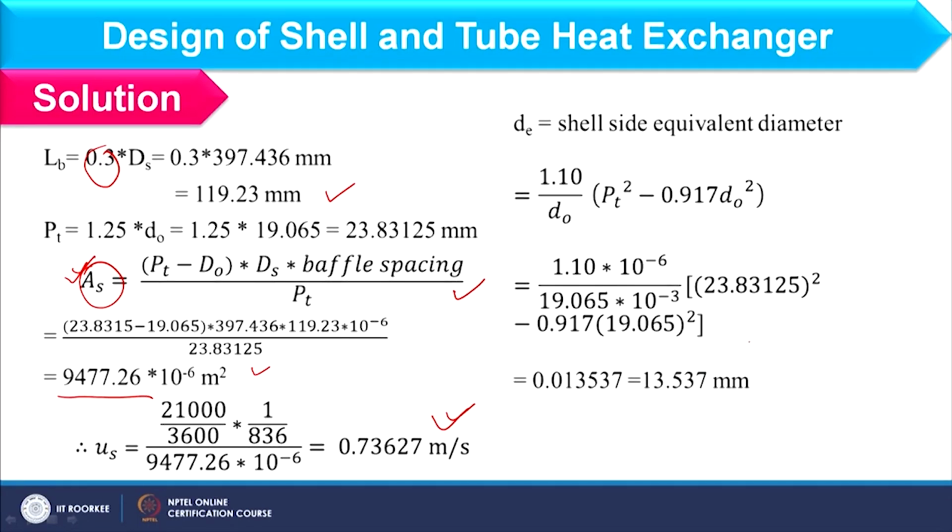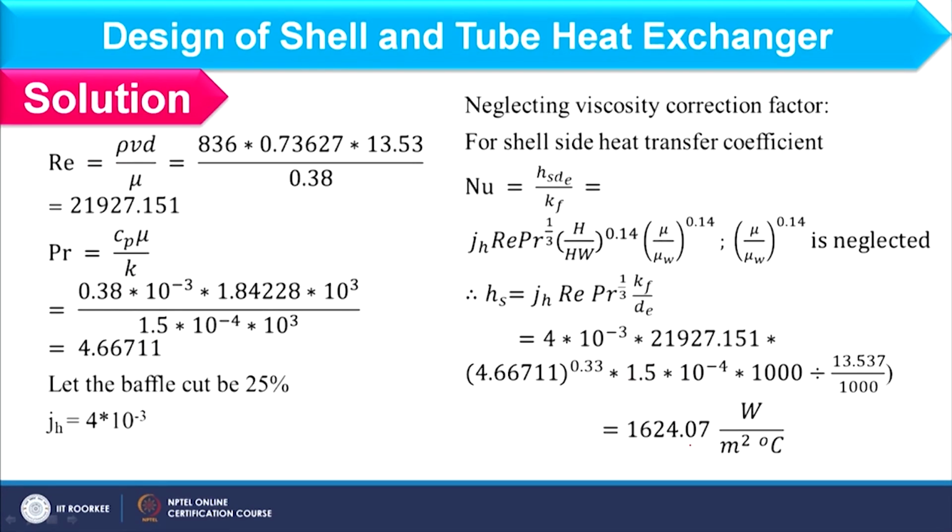We can use the equation for triangular pitch, and equivalent dia we can obtain as 13.537 mm. Considering all these values, we will find out the Reynolds number and then the Prandtl number,